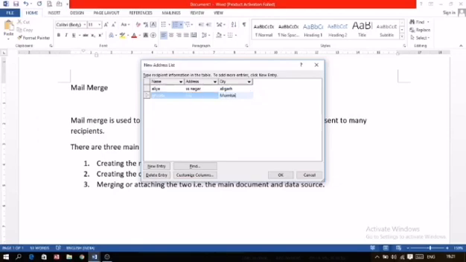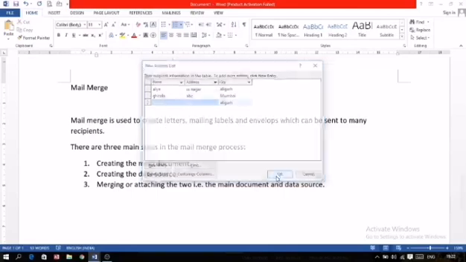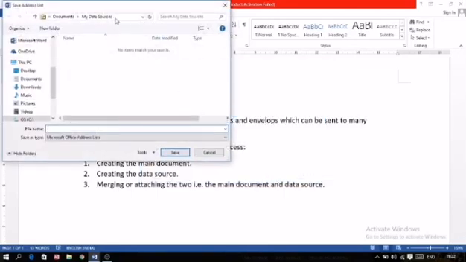I'm just writing like this. So 3 names I have taken here. Address, I'm just writing XYZ, and again like that. After entering all the records, if you want 3 records, 5 records, 10 records, 20 records, whatever, make the entries over here and click on the OK button.